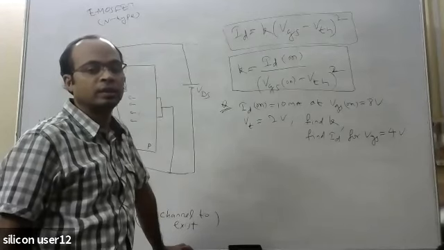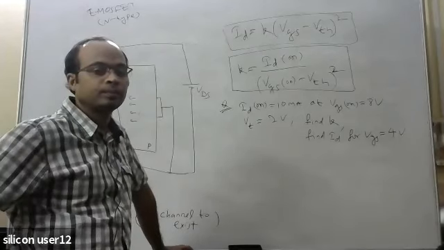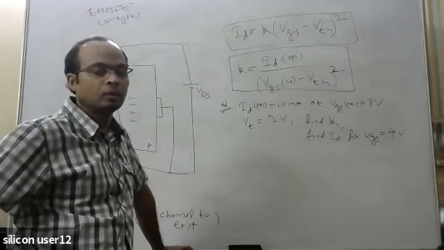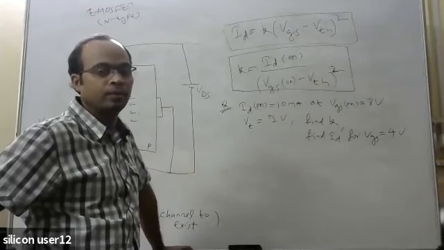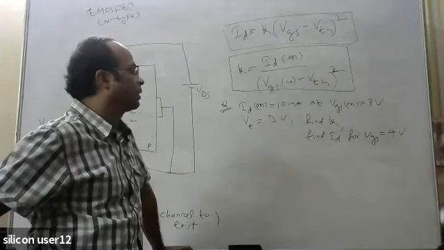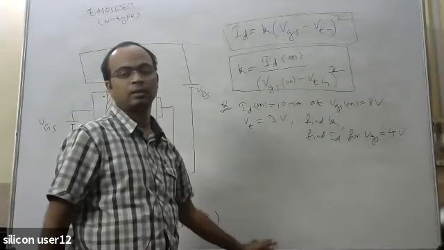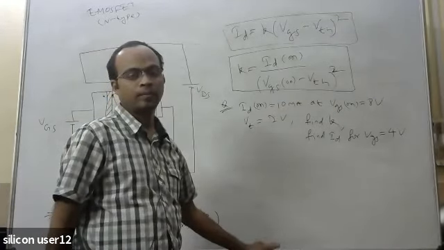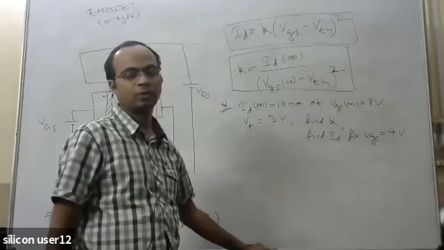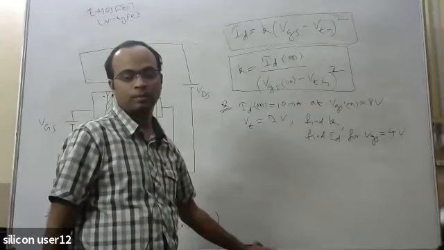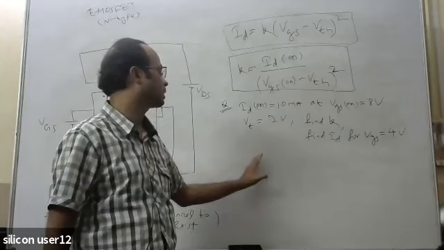So just calculate. First, what will you find out? Find K. From this data given, can you calculate K? Yes or no? Yes, sir. Calculate. Just tell me what you will write down.